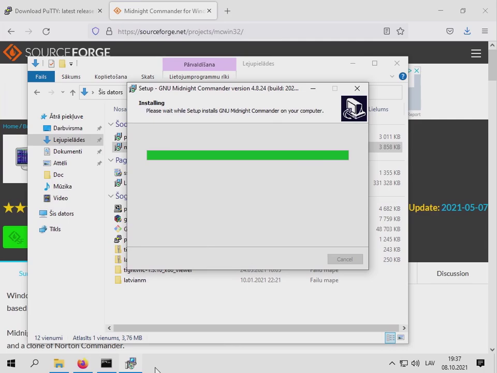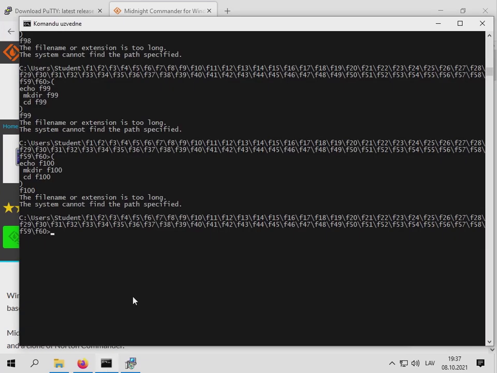So what does this mean? Add to path and add desktop shortcut. Desktop shortcut is adding a shortcut on my desktop, but adding to path means that if I open